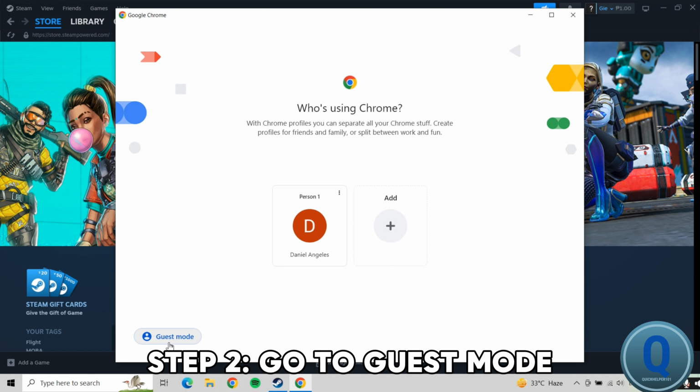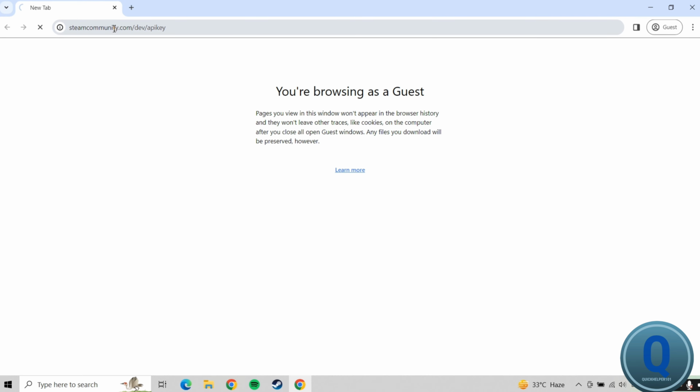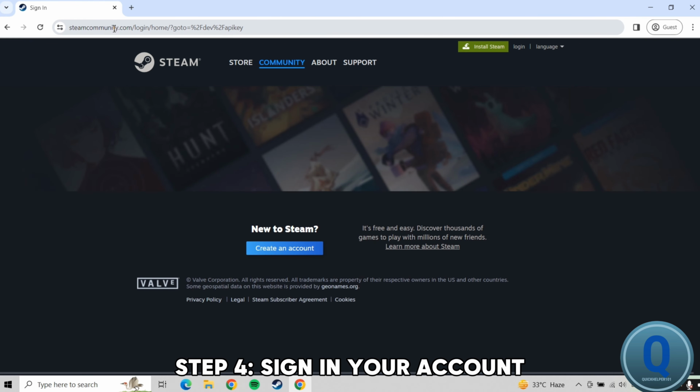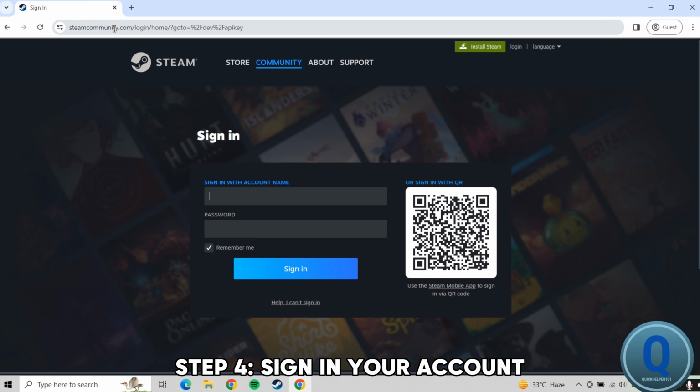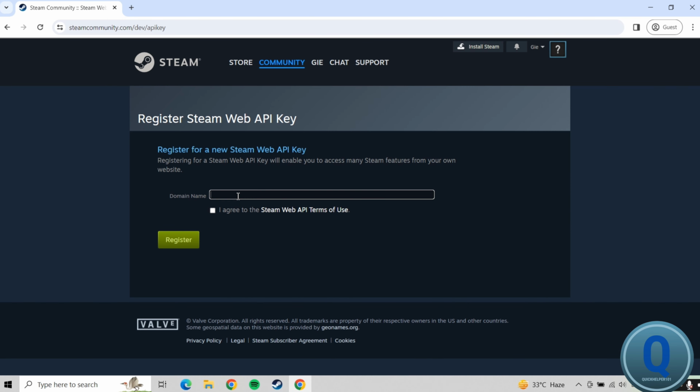Next, go to guest mode, then go into this site. After that, sign in to your account, type in your account name, then your password, or you can sign in using a QR code. Next thing you will do is to enter the domain name,